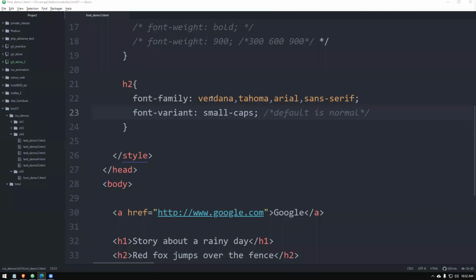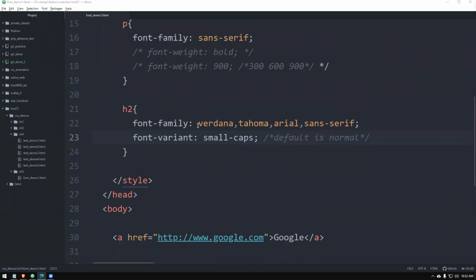When you are making use of fonts on a web page, don't use more than 3 font styles. It's a design skill that you need to learn. If you use more than 3 fonts, the site will not look very professional. If you can limit to 2, that will be better. Don't go beyond 3 types of fonts, or you will lose the professional look of your website. Even the colors are like that. Maximum we go for 3 or 4 colors, and there are ways to choose colors professionally as well. All right, let's get going.